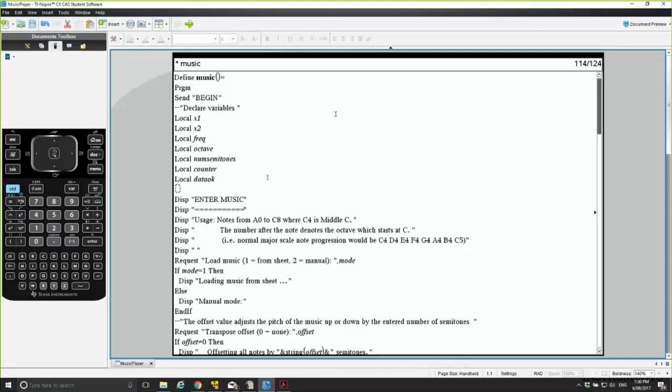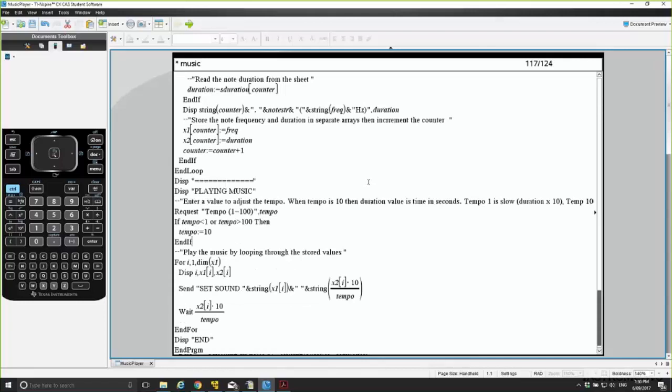Essentially, the first part of the program is just declaring the variables we're going to use and then displaying the messages so the user knows what this thing is asking them. We give a couple of options,